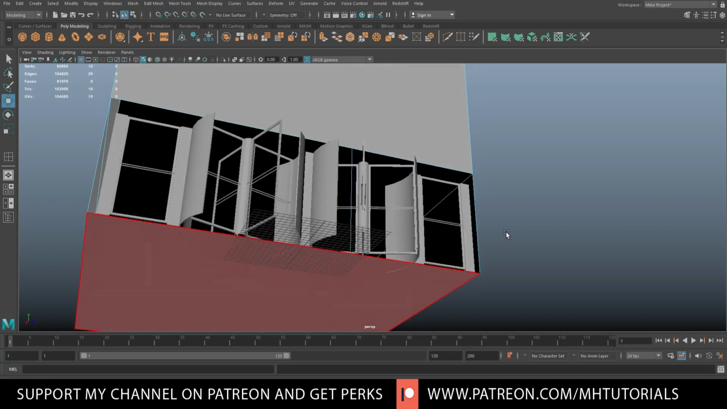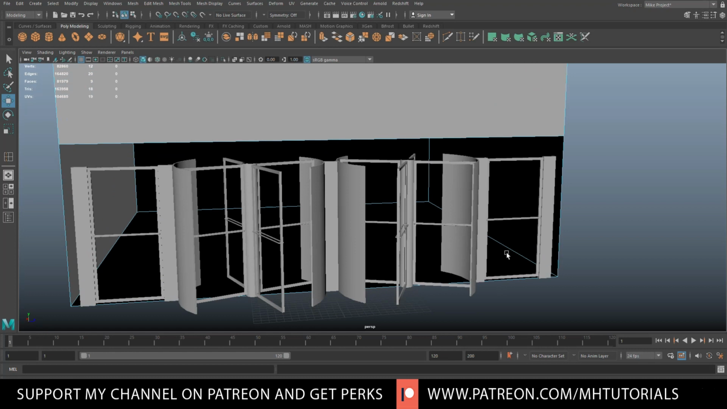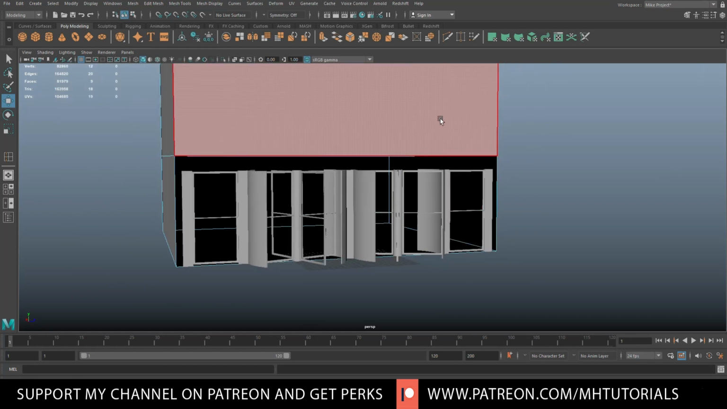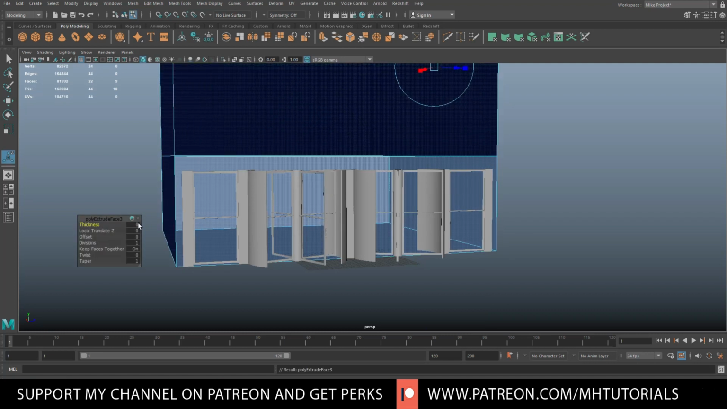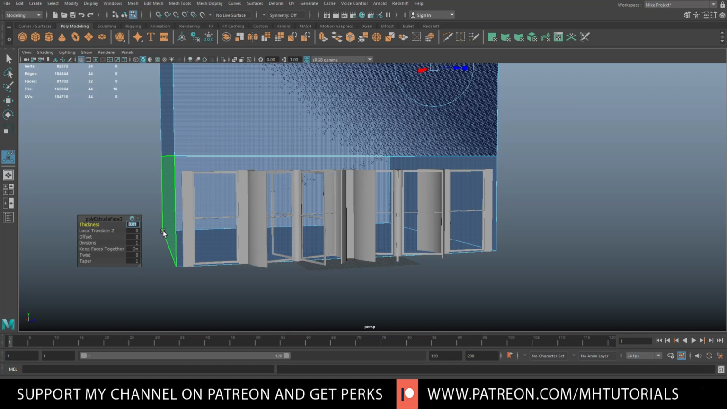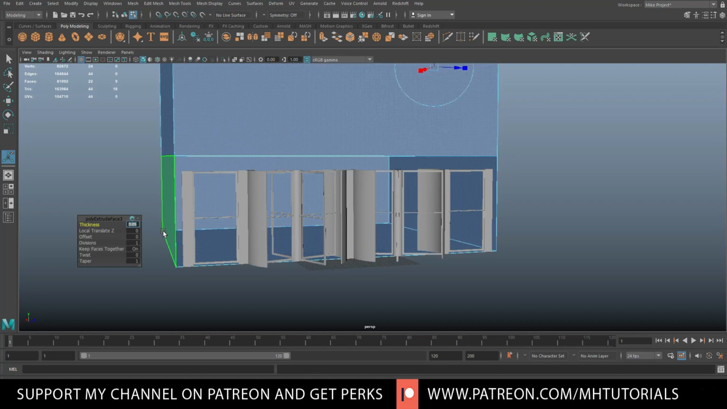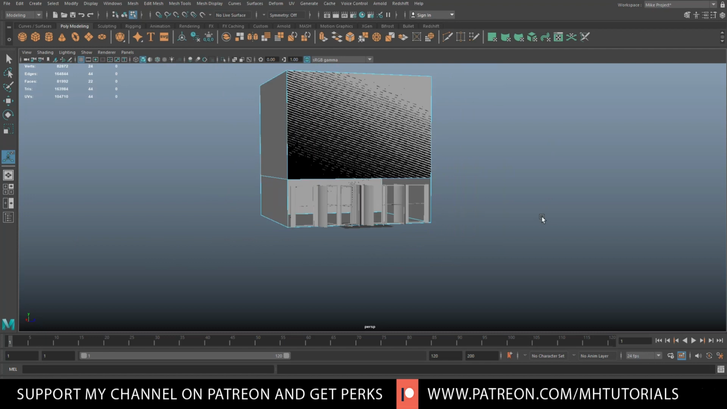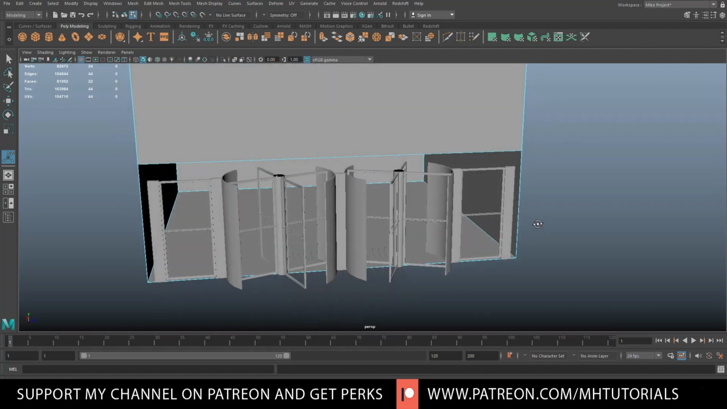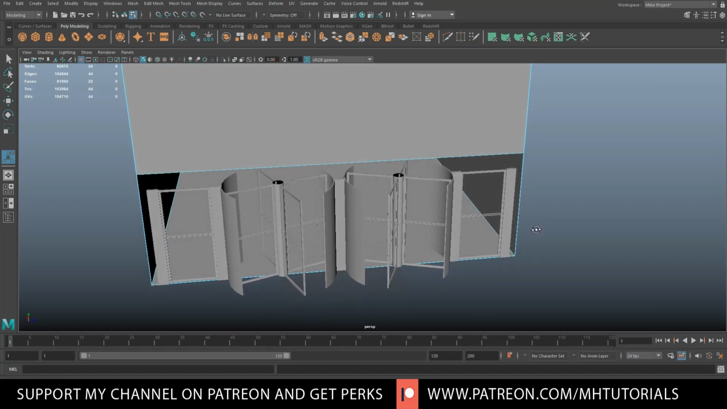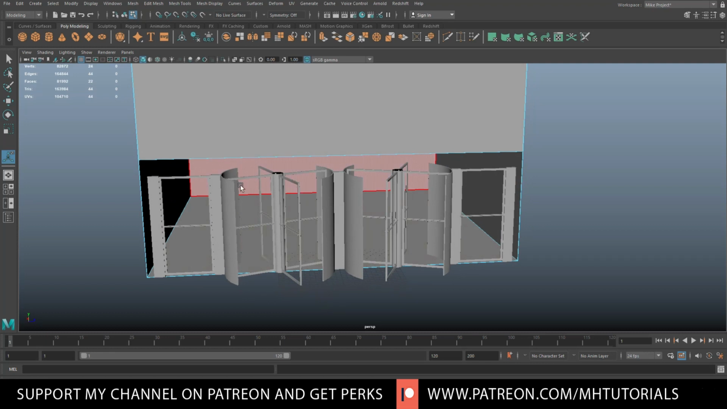Yeah. We are then going to give this guy some thickness because we don't want to see that black behind there. Yeah. Control E, let's do 0.01, a bit more, 0.05. Should be fine, yeah. Okay, so what we're going to do next is we're going to take a polygon cylinder,